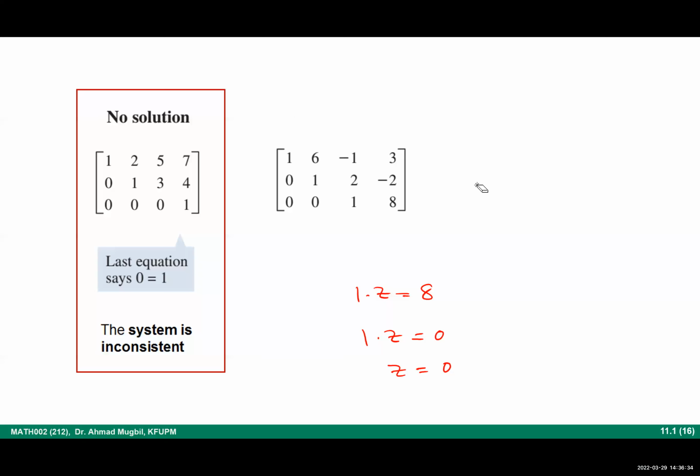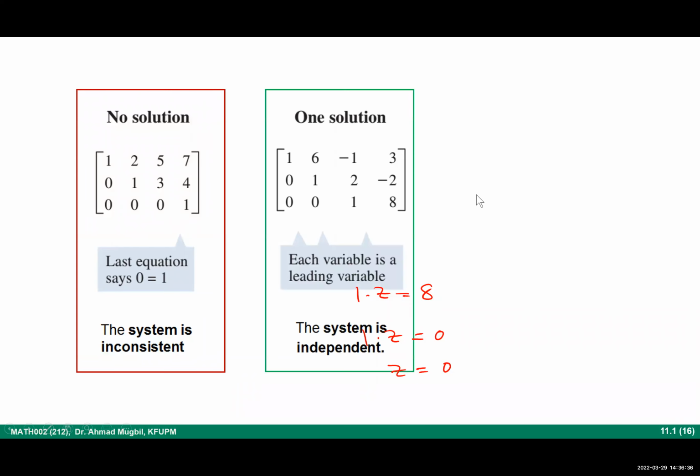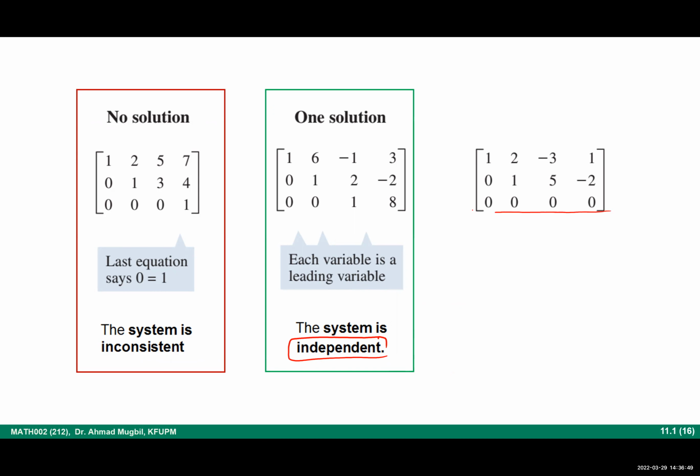Okay, now, so this is a system with one solution, and just to distinguish between it and the others, we will call it independent. Each variable is a leading variable. The last one, we have here a row consisting entirely of zeros, and we have, of course, infinitely many solutions, and the system